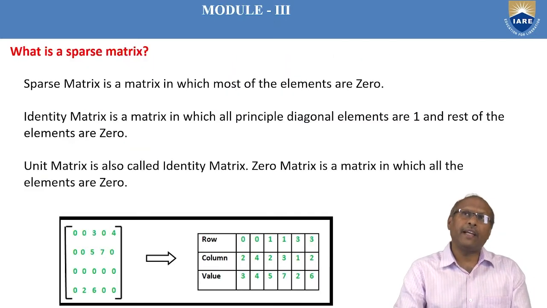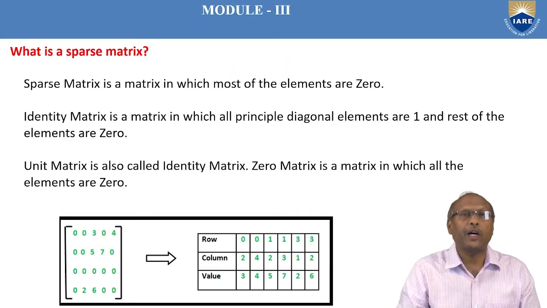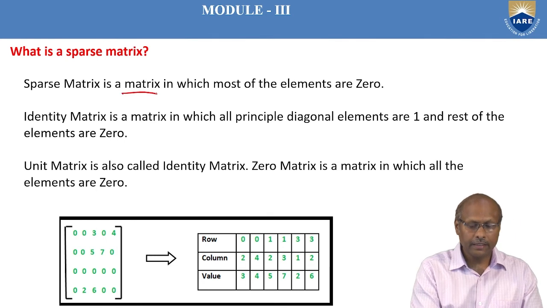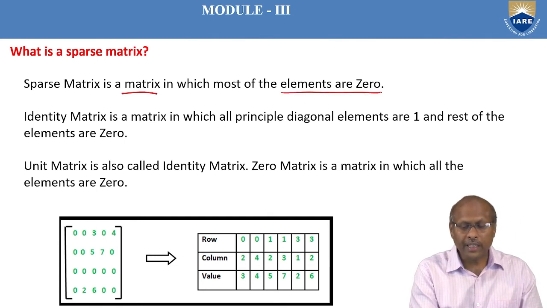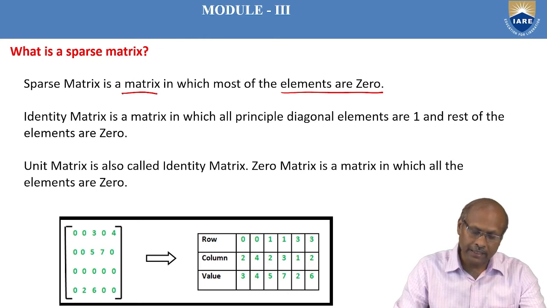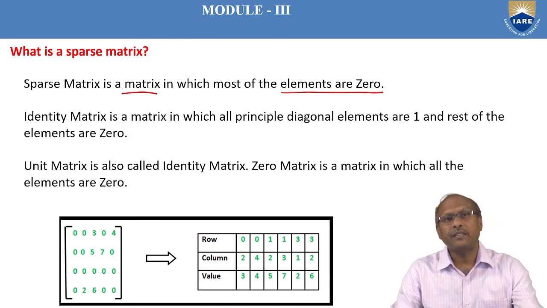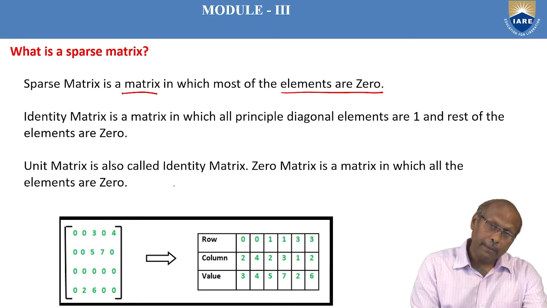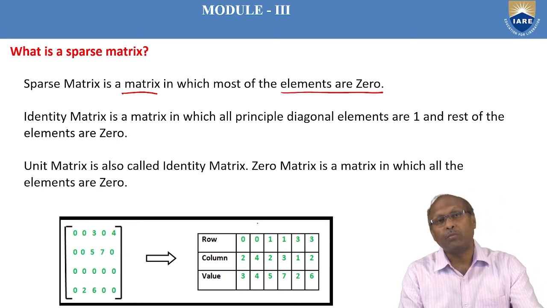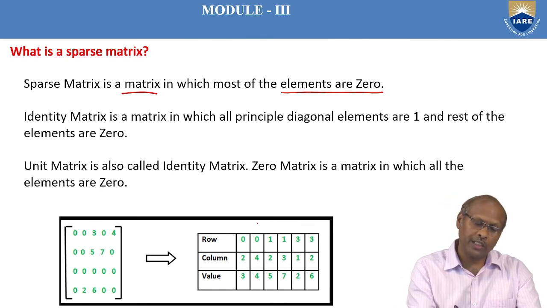Next, they may ask another question. What is a sparse matrix? Then you should say a sparse matrix is a matrix in which most of the elements are 0. A sparse matrix is a special type of matrix in which most elements are 0. If a matrix contains more zeros than non-zeros,